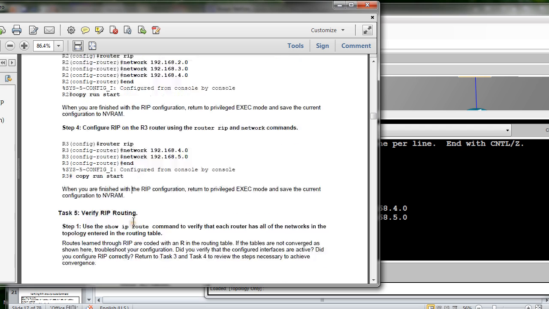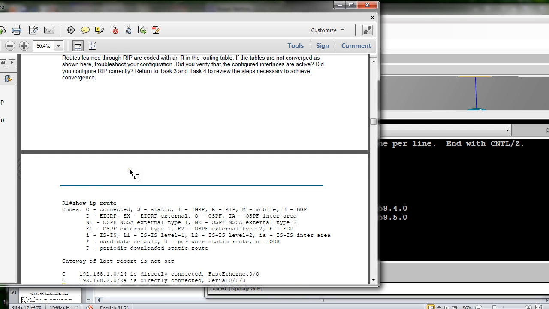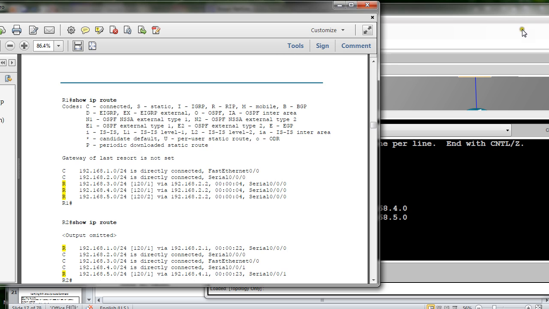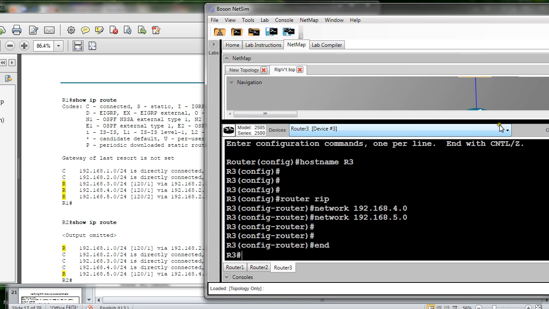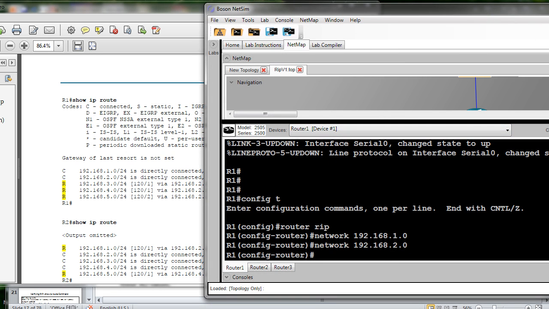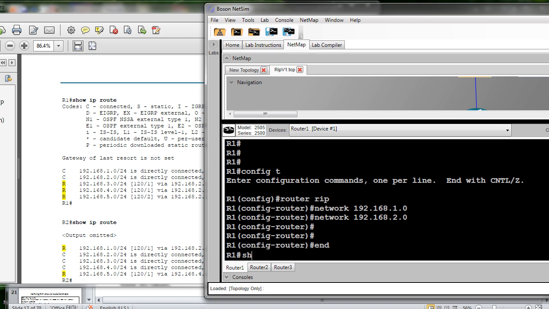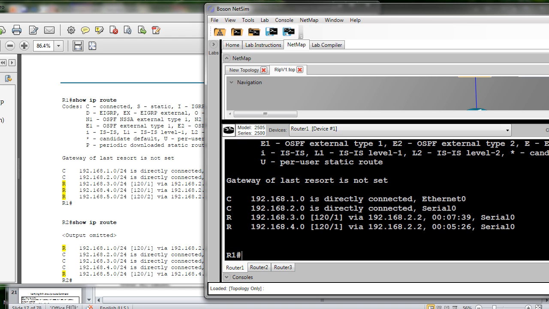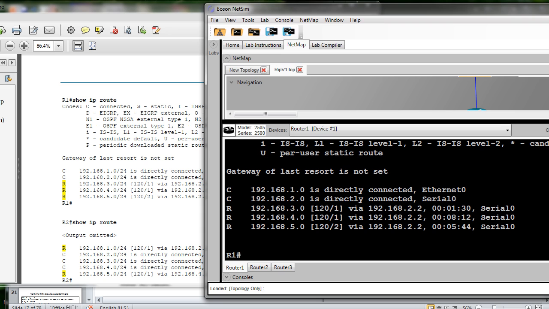Now, task 5 is verify the RIP protocol. So go back to R1. It'll take some time to converge. It takes some time for this routing table to converge. Let's just wait for a few seconds. Yes. Now,